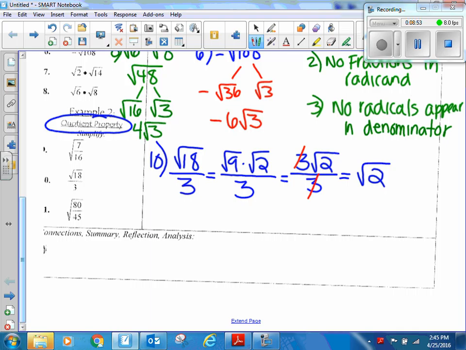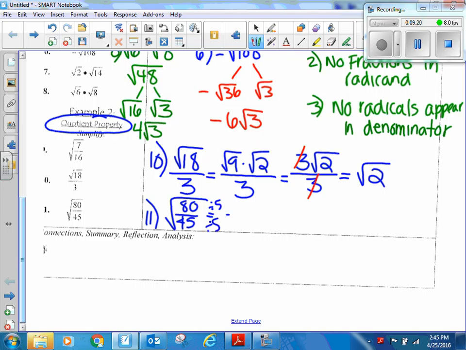Last one on this side, I'm going to look at number 11. We have the square root of 80 over the square root of 45. Now, if you can reduce first, I would always suggest doing that. It just makes your life a little bit easier, and it makes those numbers that you're simplifying a little less complex. So I'm going to go ahead and reduce this, divide both sides, or top and bottom, by 5,